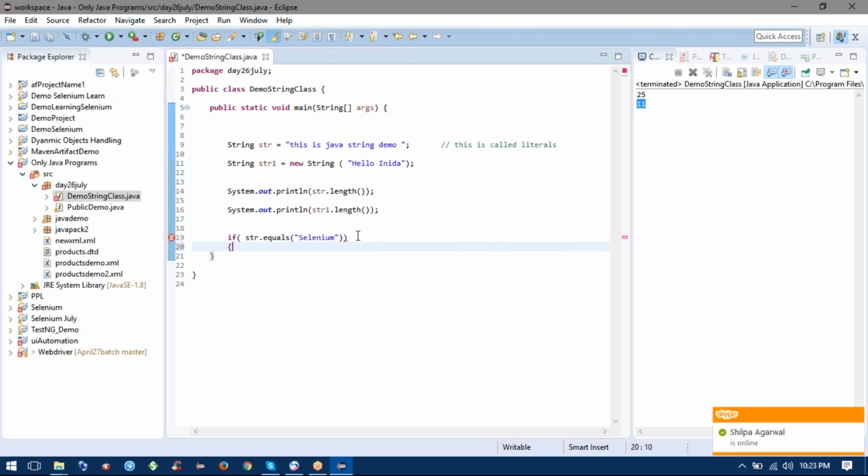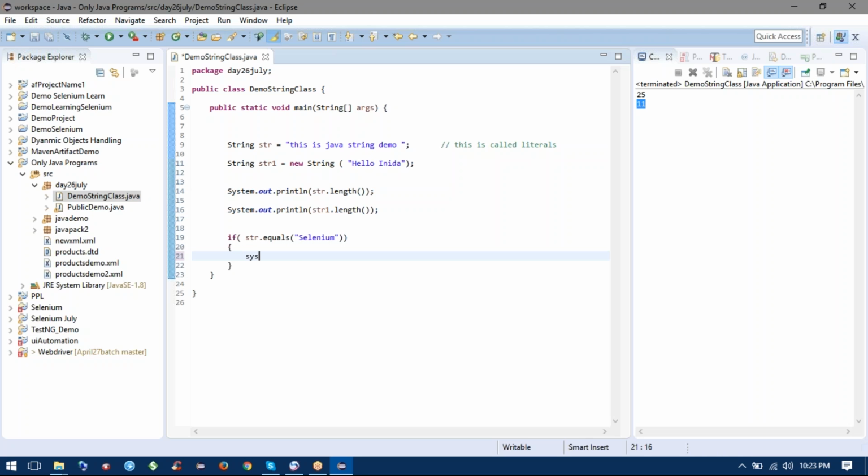It will compare and return false because it is not equal. So I will manually put some line of code: Equal found, and in the else condition,